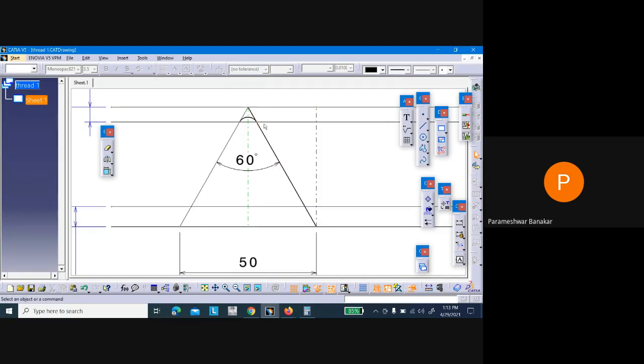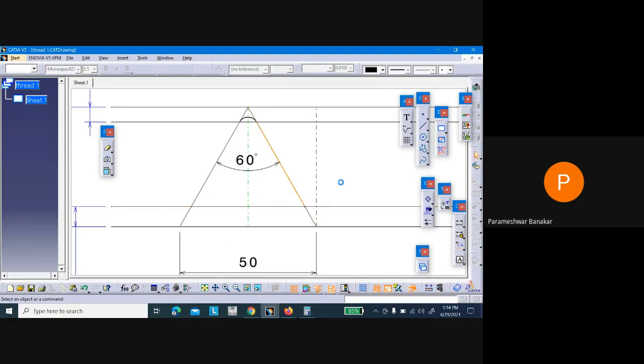We don't want that. You can create one more line above this, so that is fine. Go to line, from this point to this point, select the end of the curve arc, and to this intersection point.